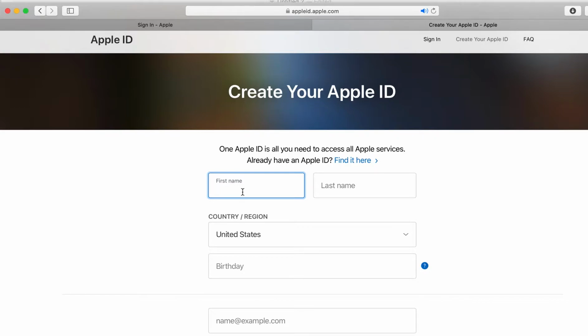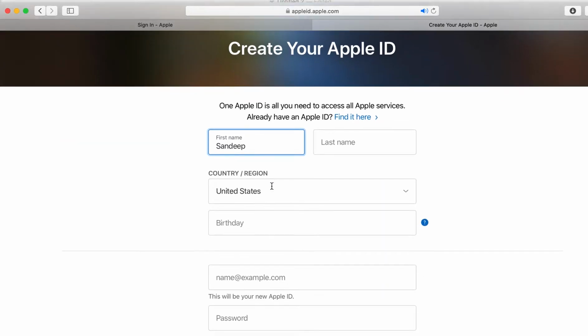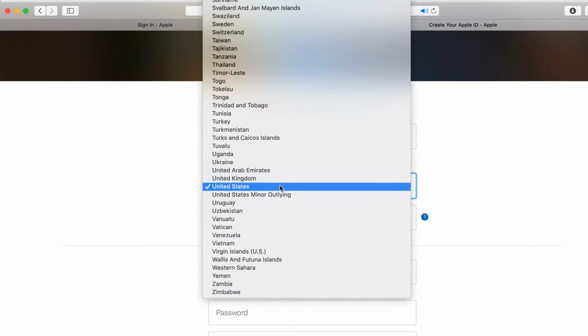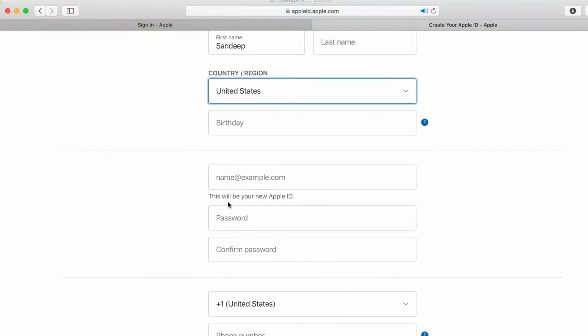The other thing we need to have is Xcode, and the Xcode should be of the latest version. The current one I am using is greater than 11. Every week or every month there may be some updates for Xcode, and we need to be sure about the new Xcode features. So we need to enter our first name, last name, country, birthday, and all the things,